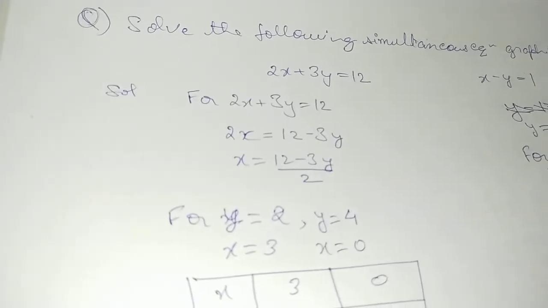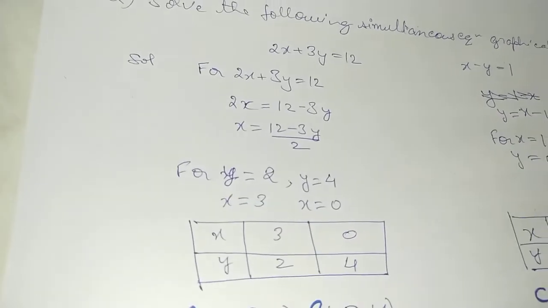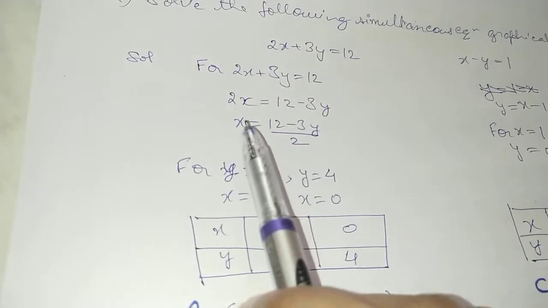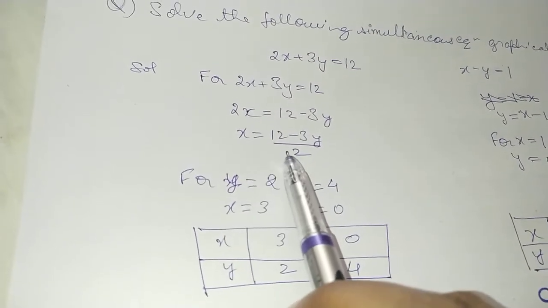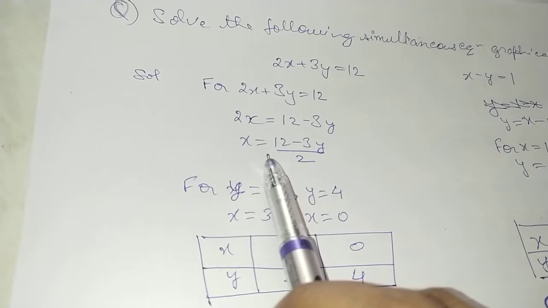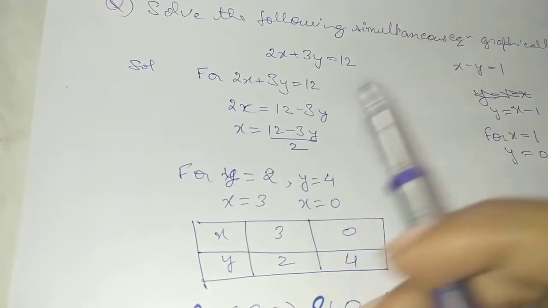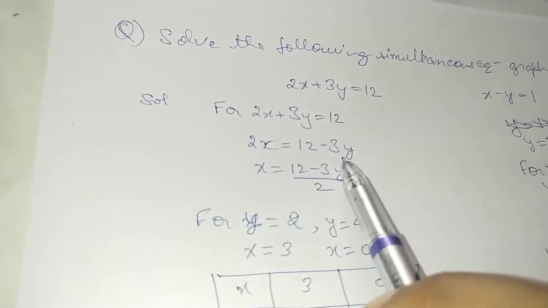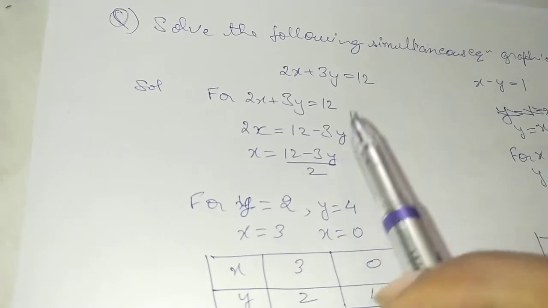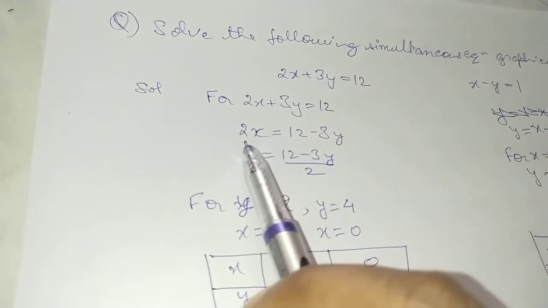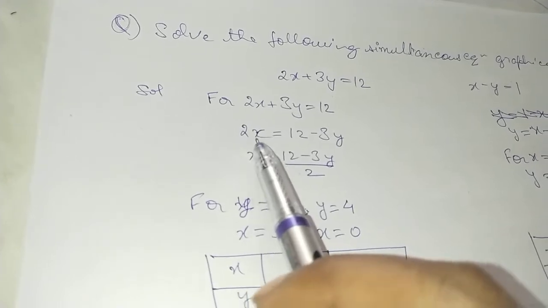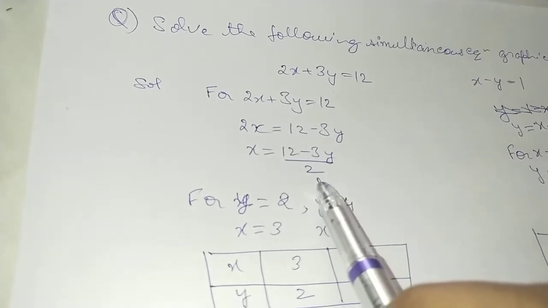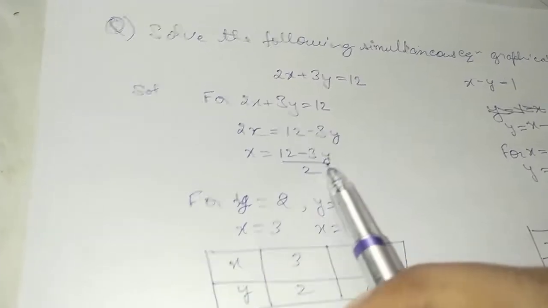In the first equation, we have transformed the equation into x equals to. We could have also done it in the form of y equals to, that totally depends upon you. So changing the term and sending 3y to the other side, it will be subtracted from 12. To make the coefficient 1, we have to remove 2, which is multiplied, so on sending it to the other side it goes in the denominator. So this is what we are having.